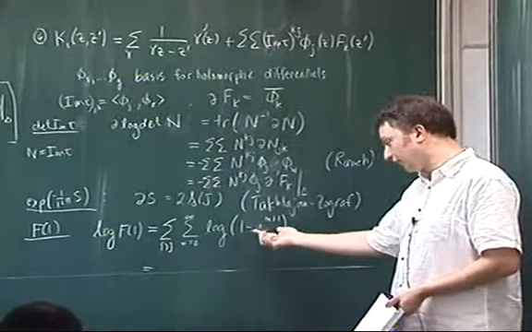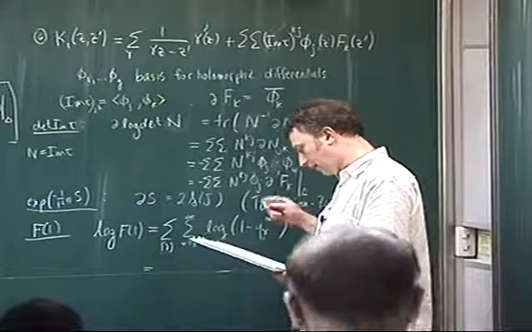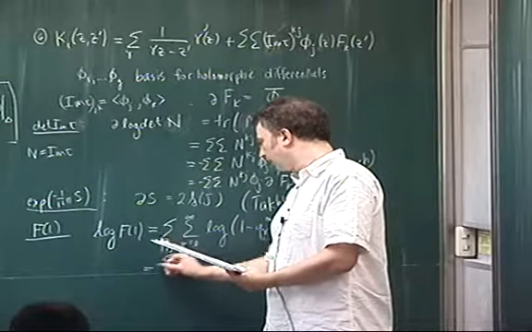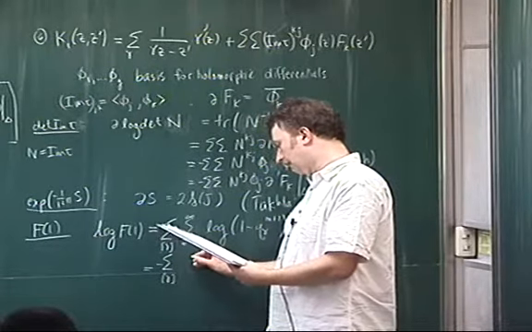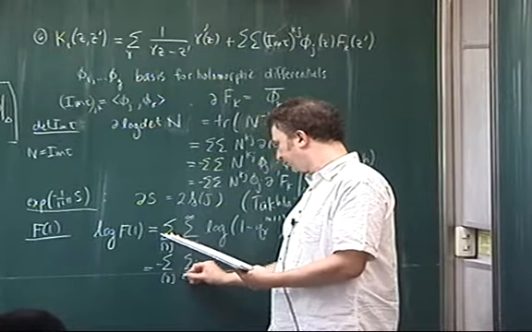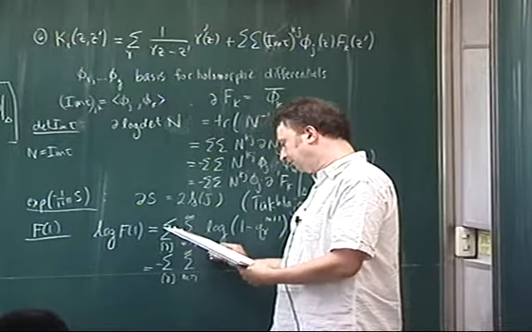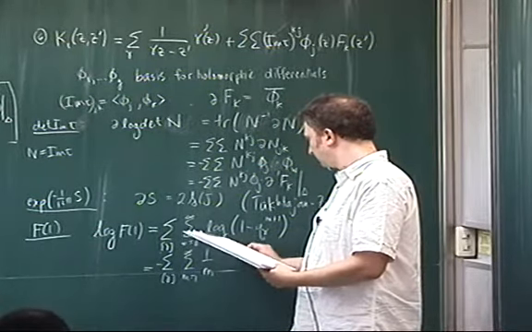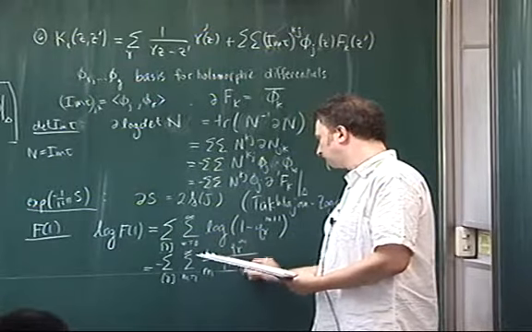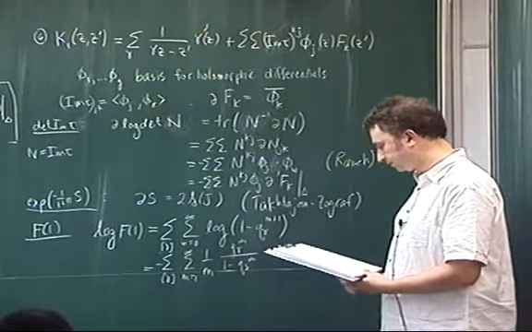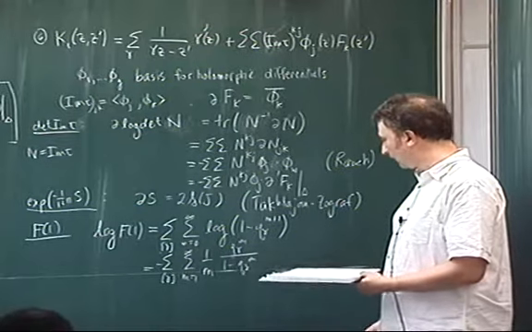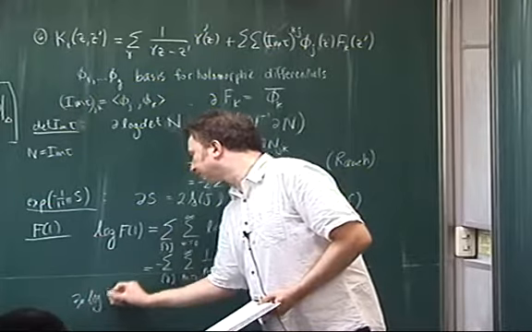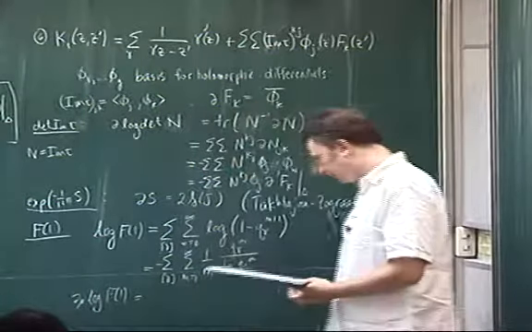So substituting in a Taylor series for log and switching the order of summation, you end up with a minus that. And so the derivative is